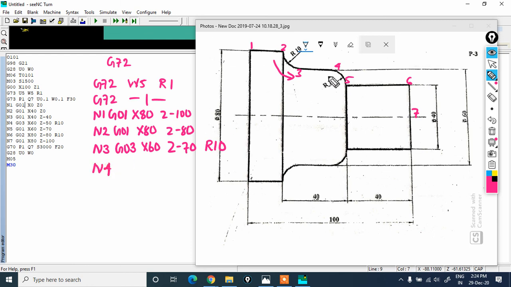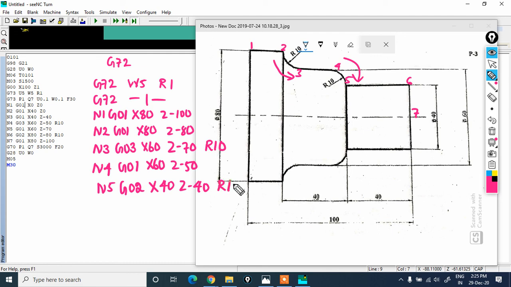Followed with N4. From third to fourth it is linear. G01, X will be 60, Z will be minus 50, and N5. N5 again, this particular direction is clockwise. Start with G02, X 40, Z minus 40.